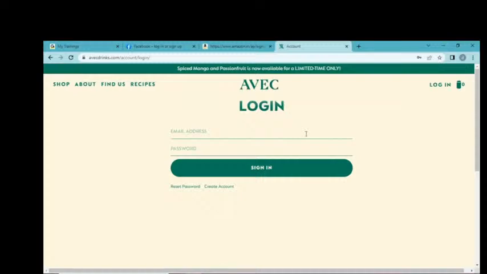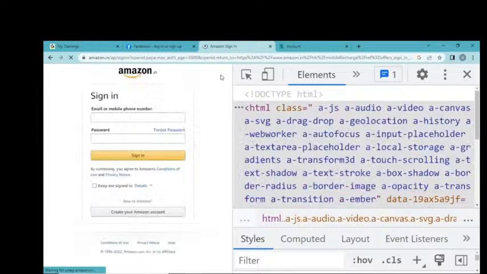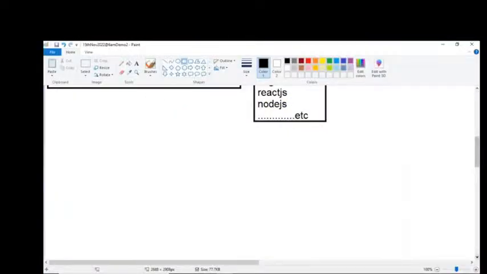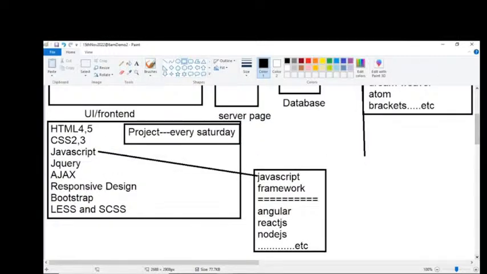Next one, how we can create a front end page, this Amazon, this type of web pages, how to develop it, we observed. In tomorrow's session, I'll give you 1 or 2 examples on each topic. So by that you can understand how to use all those topics in the